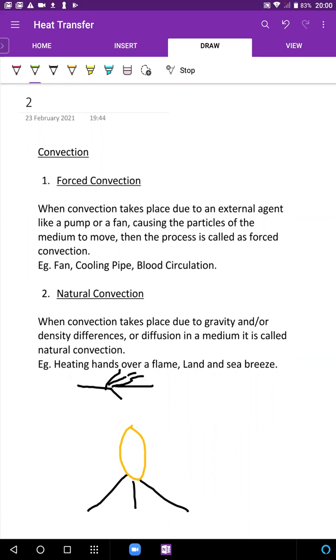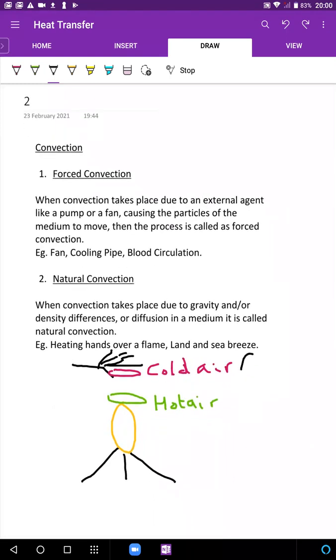Now think about this. What makes this hot air go up? Some of you are saying air, but what is really making this air move in this pattern? Very nice. So there's a density difference. All right. So of course they have different temperatures. But just because the temperature is higher here, hot air doesn't necessarily go up. Okay? What is really happening is your cold air is typically going to be more dense.